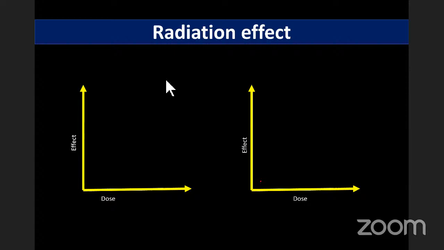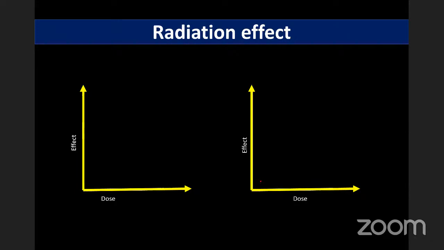It is again all or none. But won't multiple mutations in a cell add up, sir? Yes, multiple mutations, but what does the body do? For every mutation, the body tries to kill it or repair it. If in case it fails, it will lead to cancer. But the severity of the cancer doesn't change. One cancer can have one mutation because of the radiation, but it is just a cancer. One cell might get mutated, and it will lead into cancer, or it can lead to a genetic mutation, a hereditary problem in the kids. But it will not cause a more severe or less severe cancer. Cancer or not, all or none.